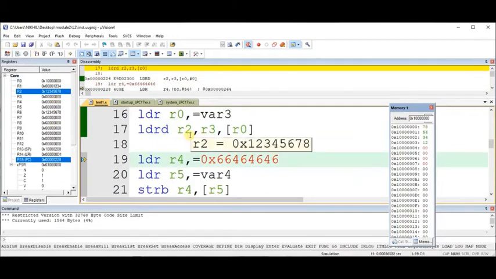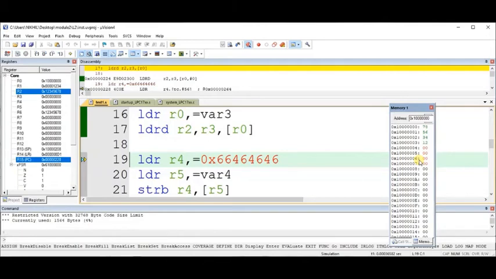R2 is getting the lower half word value, R3 is getting the upper half value. Upper half value is 0, right? Upper half address value we can say, or if you take it in other way, the actual value is 7 8 5 6 3 4 1 2 and followed by 0 0 0 0 0 0 and 0 0.